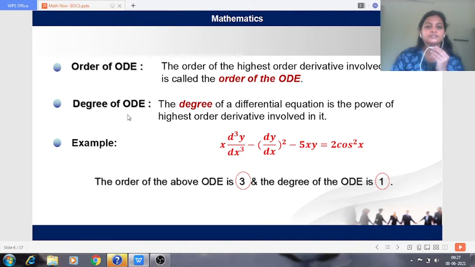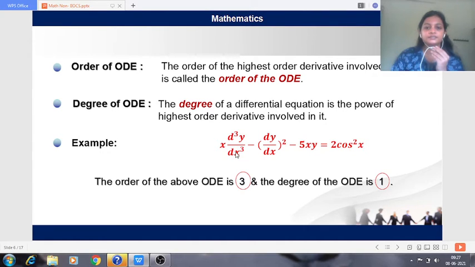Now, what is the degree of an ordinary differential equation? The degree of a differential equation is the power of the highest order derivative involved in it. That is, in an ordinary differential equation, the power of the highest order derivative is called the degree of the differential equation. Now, as for example,